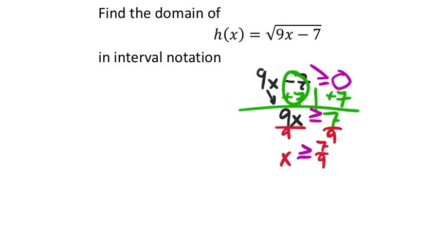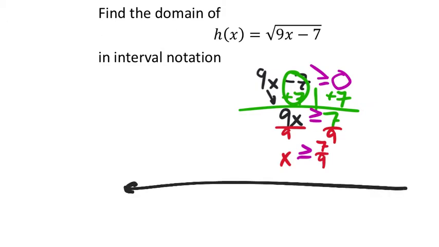But it did say we want the interval notation. So I'm going to use a graph for this one. Let's put 7/9 here. Okay. And this one, there'd be a closed circle at 7/9. That one's x greater than, which means that the line should go to the right. And again, for me, I like the graph just because I can visually see where the interval is. So starting at 7/9 in this interval,